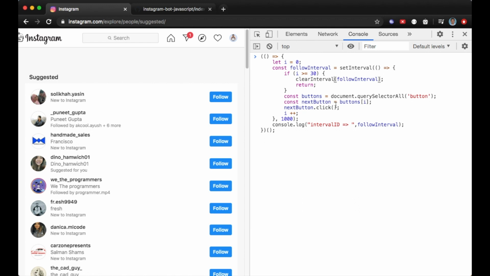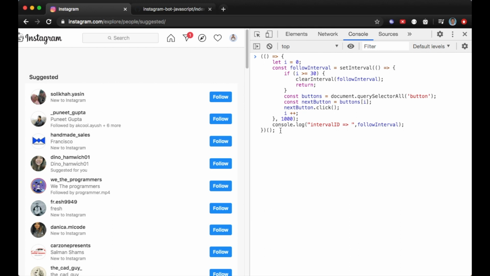So basically Instagram monitors your following process. If you are having a new profile on Instagram, then your following amount should not be that high. If I write here 300 followers at a time, then Instagram may block your account, or may block your activities on Instagram. So I'm taking 30 as a count for following. So let's see how this script is gonna work. Is it gonna follow all of them or not?